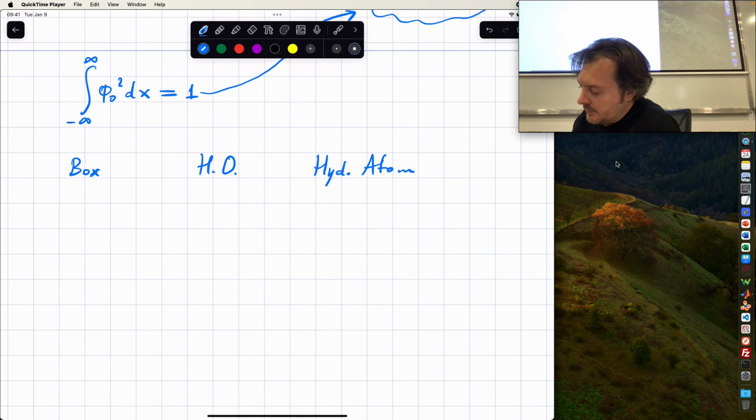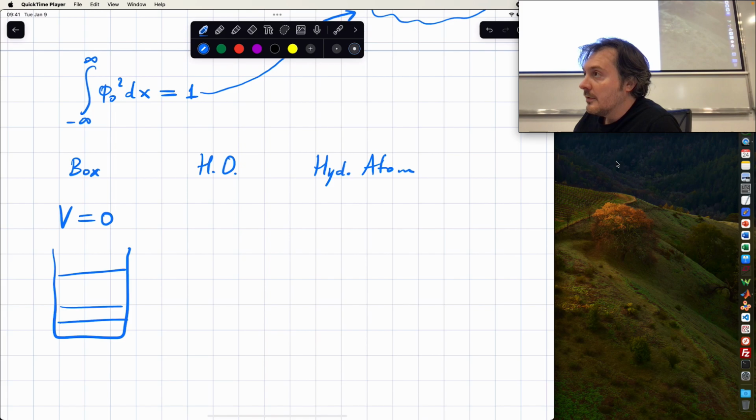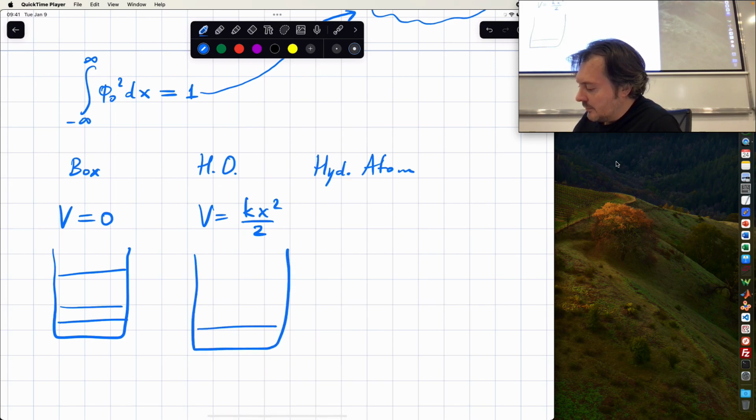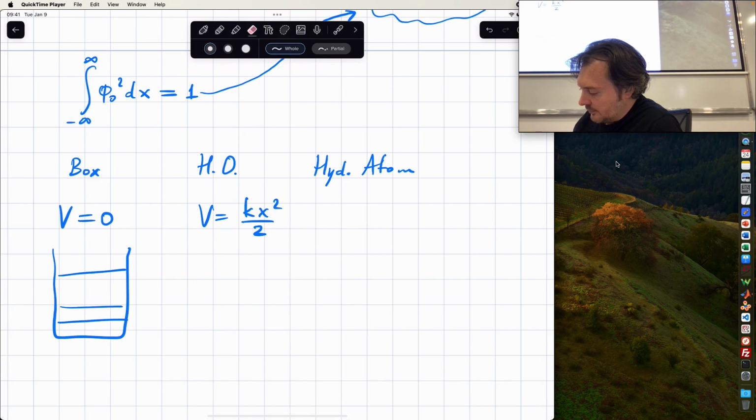So for this one, V was 0, right? It was a box and we got these energy levels. For this one, V was kx squared over 2, and we got ourselves, okay, let me draw it properly, this,